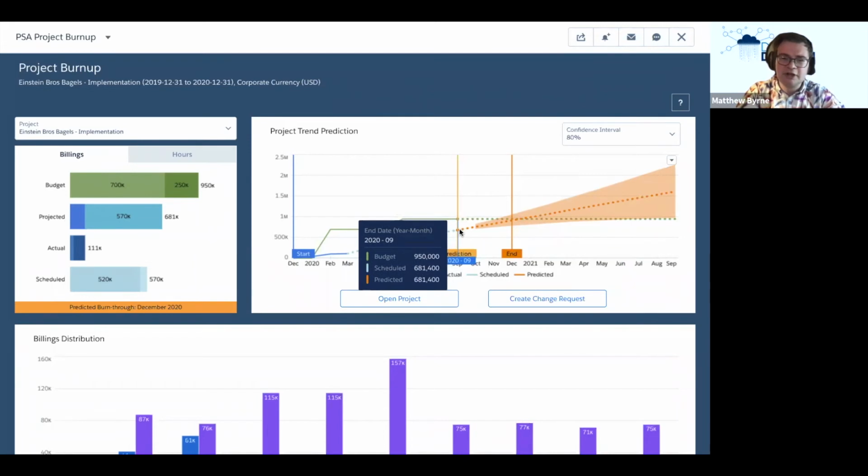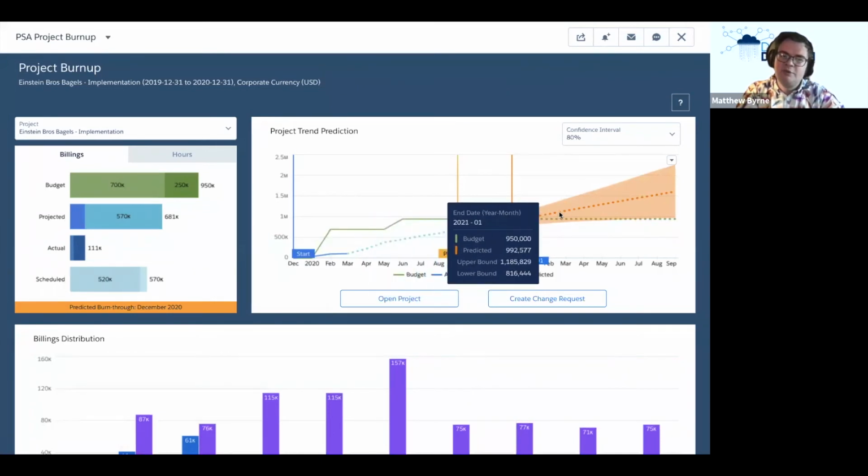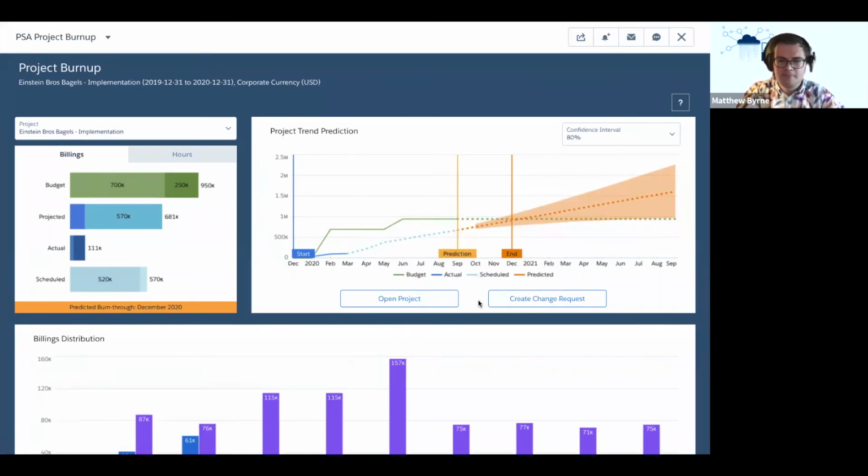Now, this line can also take into account seasonality. If you're always going to have a big spike in December, for instance, it will take that into account with its prediction. But where we get the value here is we're also logging the budget. So the budget goes in, we get a little bit more budget as well. And then using this, we've done some clever stuff where we're having a look at when the predictive line intersects the budget line to give you an indication of whether or not you will exceed your budget before the project is finished.